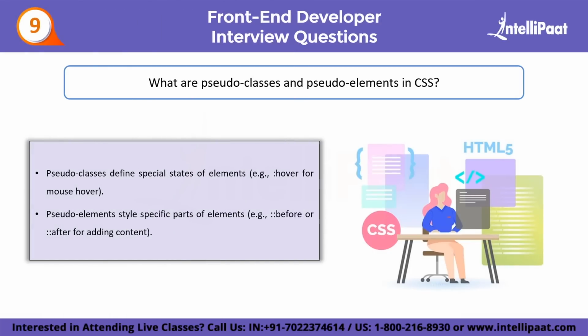The answer to this question would be, pseudo classes and pseudo elements in CSS allow you to style elements in specific states or parts of an element without adding extra classes or markup to your HTML. Pseudo classes target elements based on their state or user interaction. For example, hover styles an element when the user hovers over it. Active styles an element when it's being clicked, and focus styles an element when it's selected, like when you click